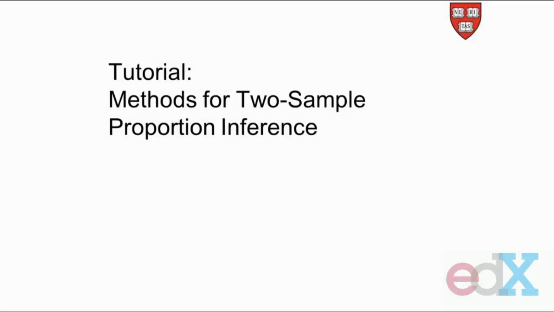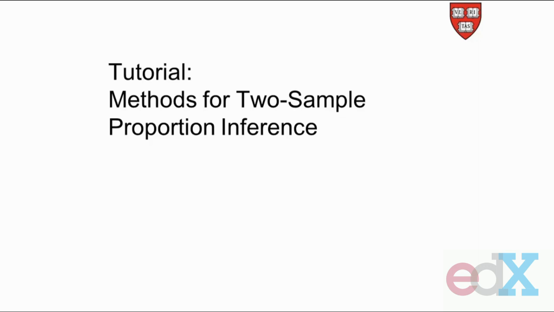In this tutorial, we're going to look at methods for two-sample proportion inference. Again, we're going to look at the CHIS Health Disparities dataset, and this time we're going to look for an association between poverty level and whether or not you visited the doctor in the last 12 months. To do this, we're going to look at a two-sample test of proportions using a normal approximation to the binomial